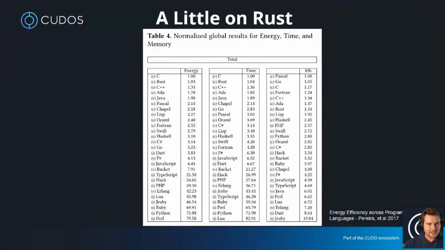And then we can see as we move down, C++ is still quite efficient. Java has now become about 2 times more costly than running things on C. As we go further down, some of the other popular languages, we can see C# is pi times more energy expensive, 3.14. And Go next, JavaScript 4.45.